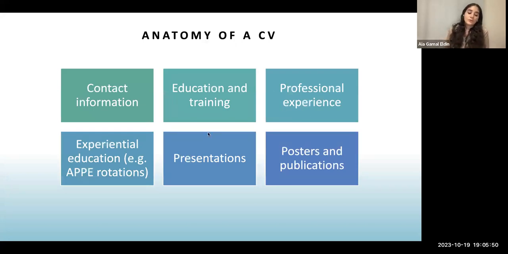Alrighty, so what is usually included within a CV? Some main sections that are commonly found within a CV include your contact information. Contact information should always be present in the very beginning of a CV at the top. And we're going to go into each of these categories more in depth after. But generally, contact information, one's education and training, professional experience, and by professional experience, I mean here more so your work experience,